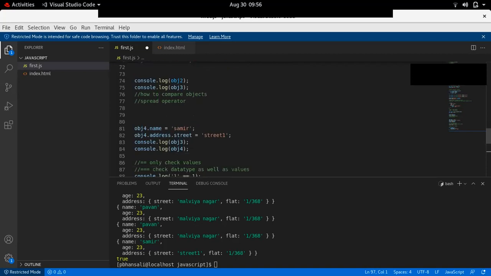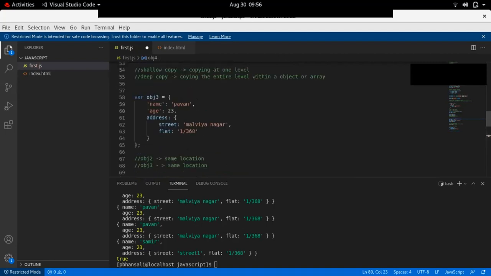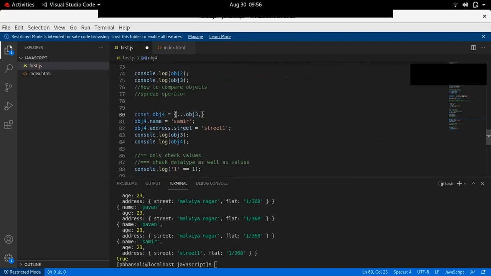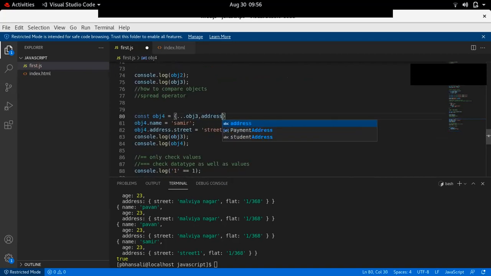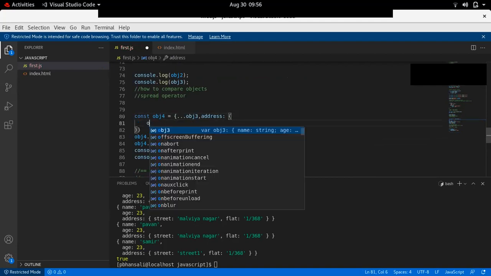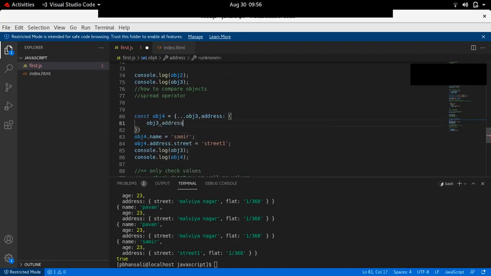So what I will do, const object 4 equals to object 3, comma, address, object 3 dot address. Let's see if this works.